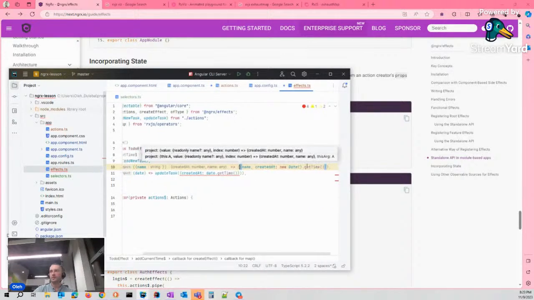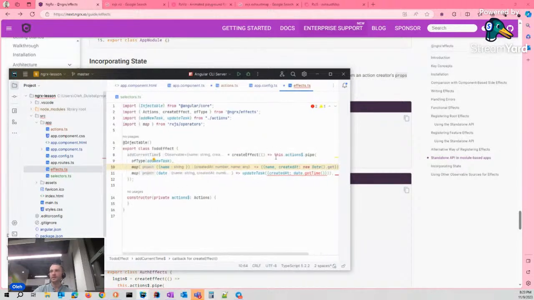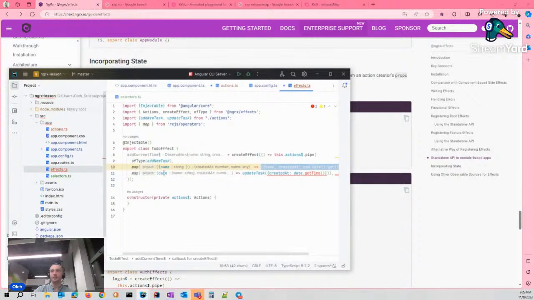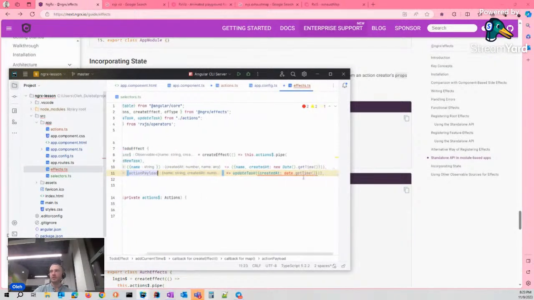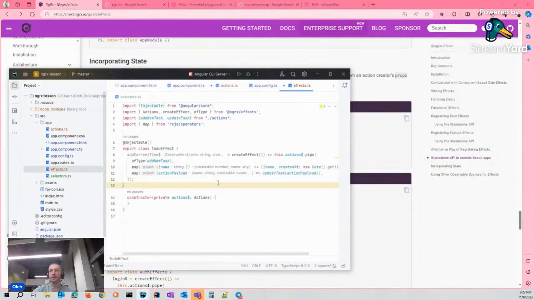And that's the action payload already composed. That's not data, that's action payload. And I can pass this argument into my update task and payload directly. And that's it for this effect.